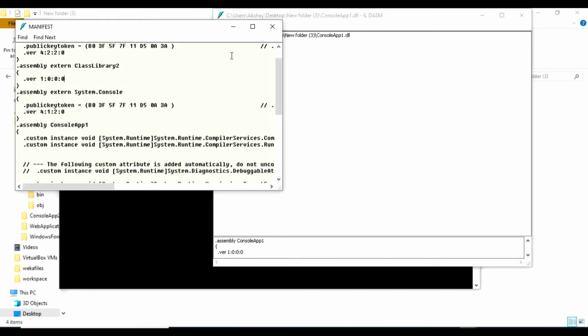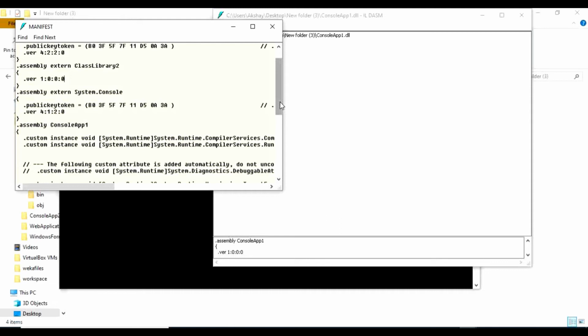Okay, so CLR tries to find assemblies first in the GAC, but what type of assemblies? It searches only for strong named assemblies. If an assembly is a strong named assembly, then and only then will the CLR bother to search for that assembly in the GAC first. I will demonstrate that for you guys, so don't worry, and to justify that I will show you something.